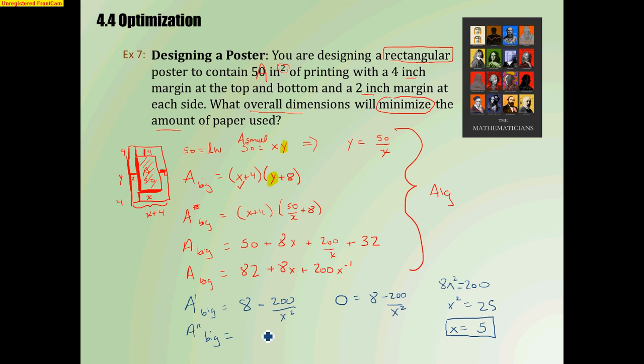So the derivative of 8 is 0. The derivative of negative 200x to the negative 2 is positive 400 over x to the negative 3, or over x cubed. And I'm going to take where the first derivative is equal to 0 at 5, and I'm going to plug that number into the second derivative. So I get 400 over 5 cubed, which I don't really care what that is, I just care that it's